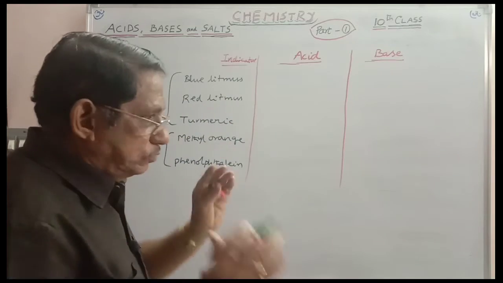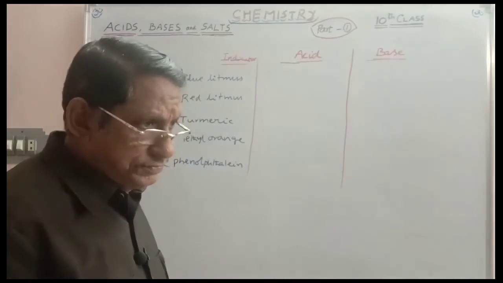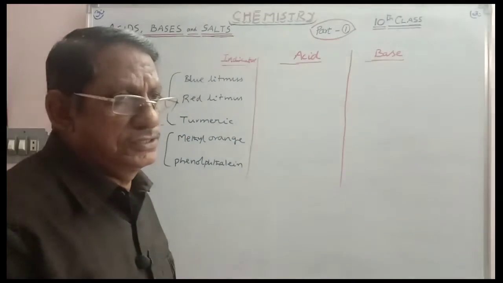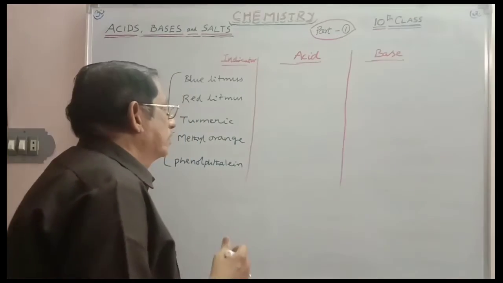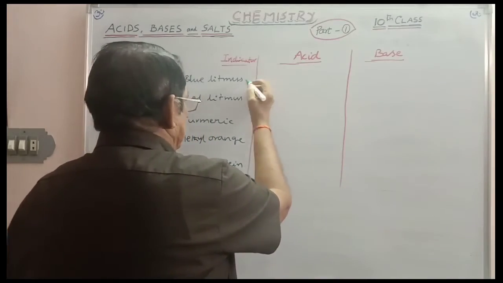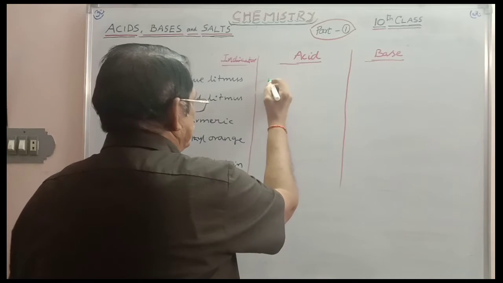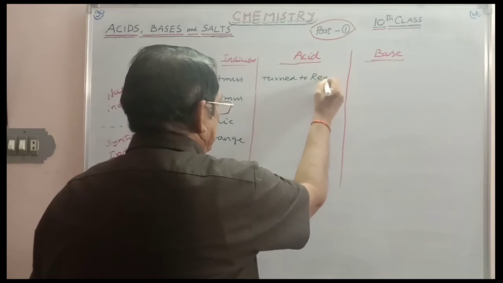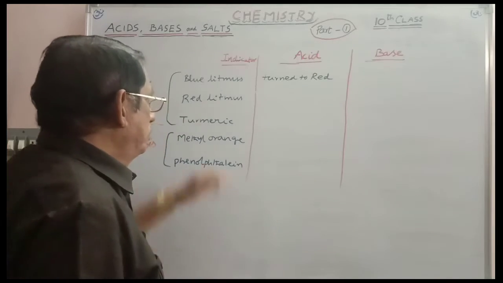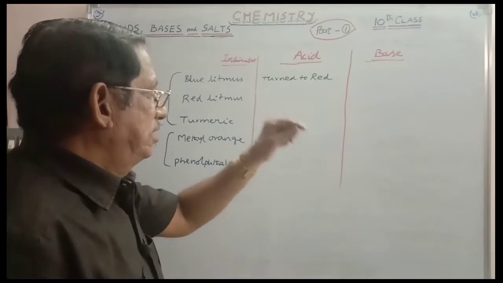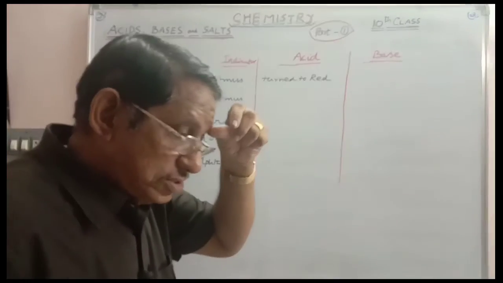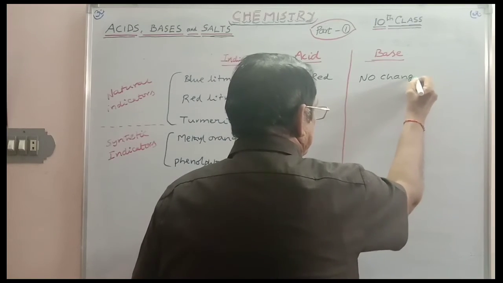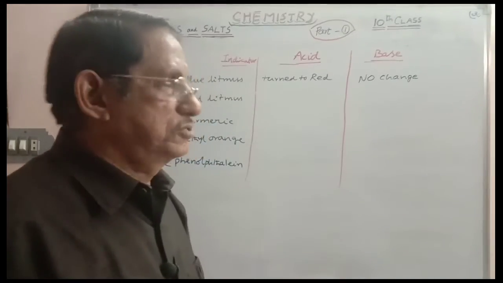So now if you take two bottles, one is containing acid, other one is containing base. Into the acidic solution, drop blue litmus paper. What is the change that is taking place there? Just observe. Acid changes blue litmus, it is turned to red. So blue litmus turned to red. Base, if you take blue litmus paper, dip it in base, there is no change. No change. That means no action. Blue litmus remains as it is.